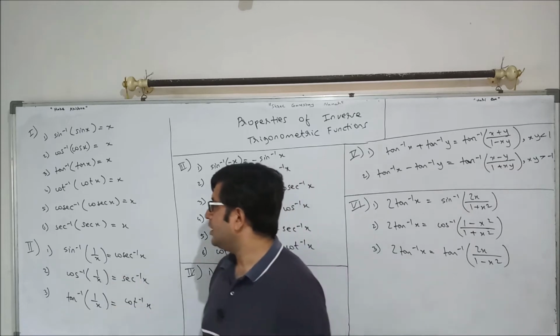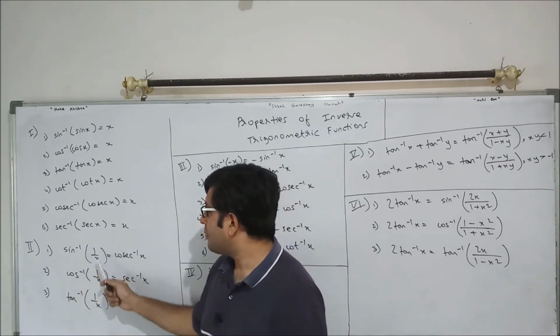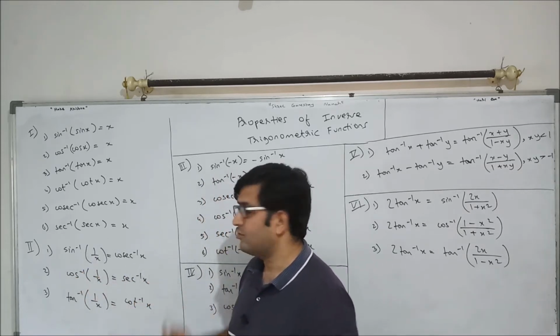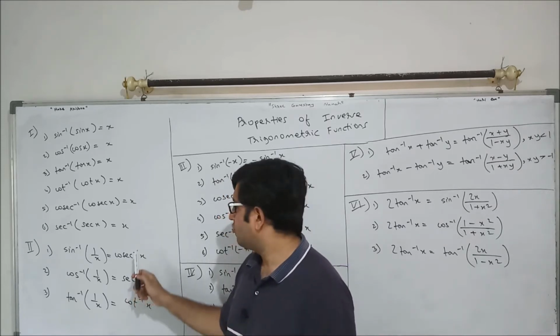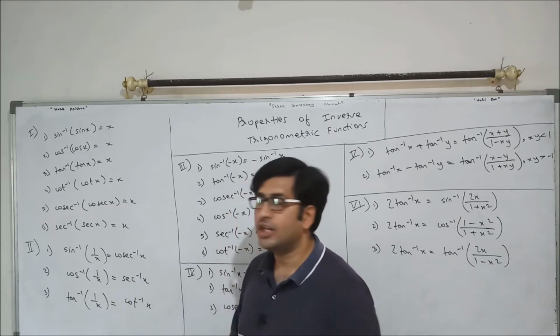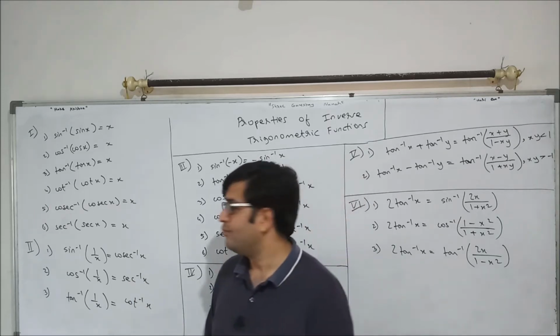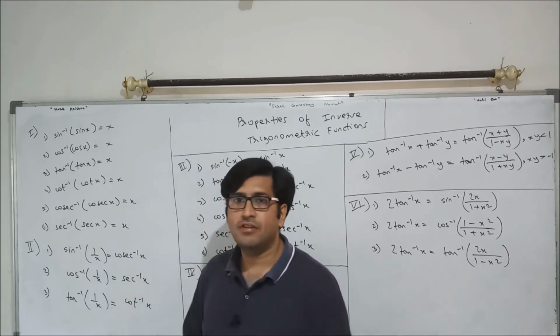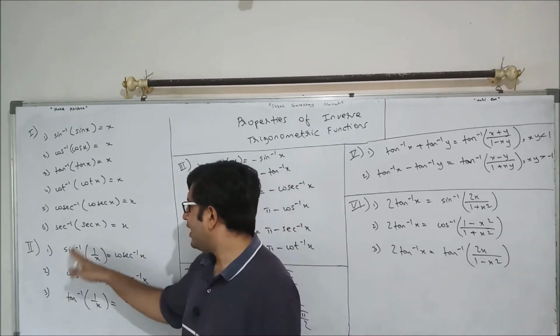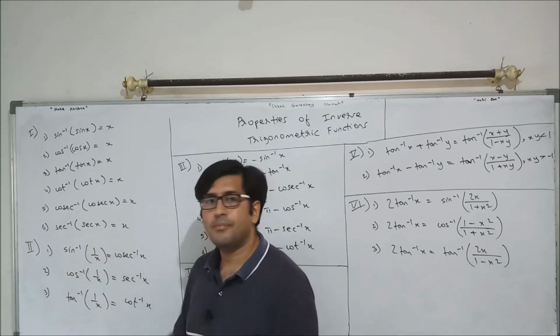Coming to the second property, which says that sin inverse of 1 upon x is cosec inverse of x. Now students, it is necessary that x lies in the domain of this cosec inverse x, sec inverse x, and cot inverse x. Only then this property is true. Let us assume the value of x is 2, which lies in the domain of cosec inverse x. So if x is 2, your LHS is going to give you sin inverse of 1 upon 2, which is